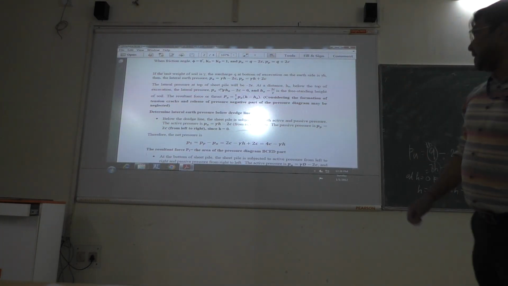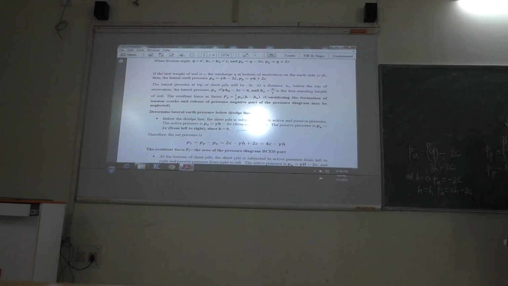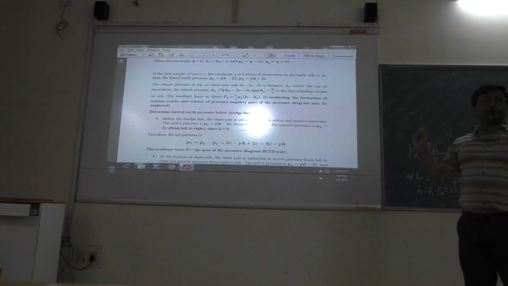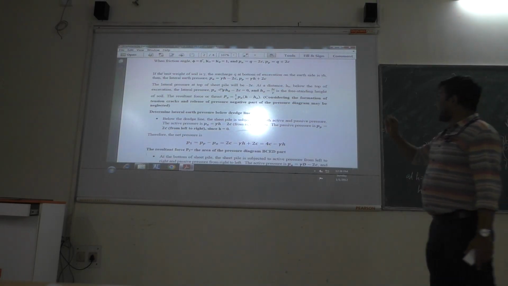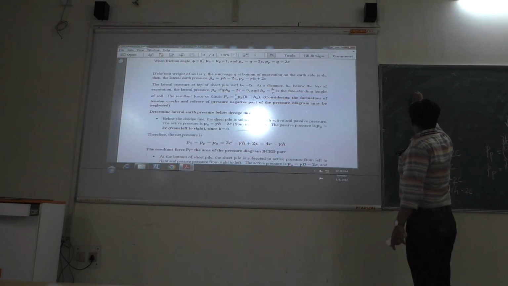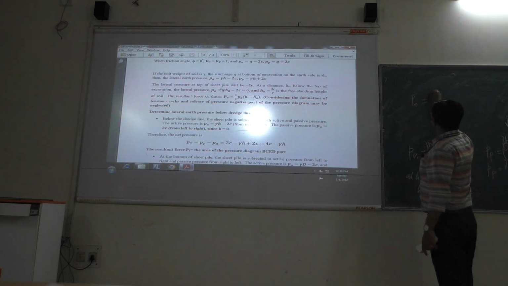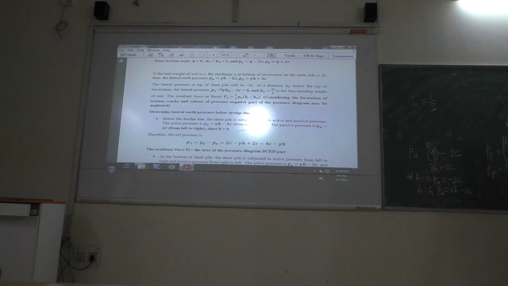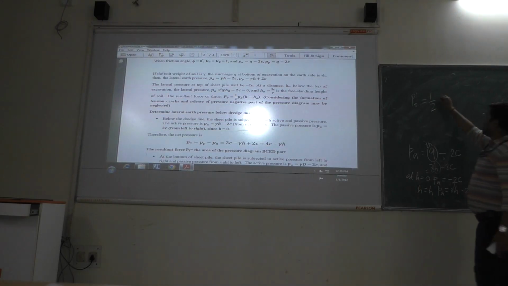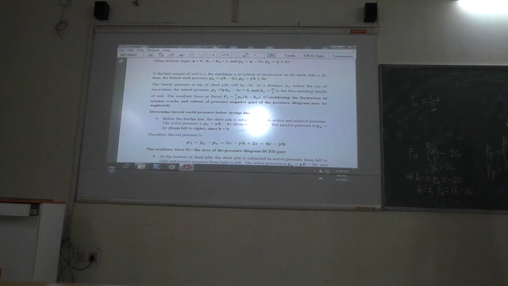And that's why this part, the H0 height of the sheet pile wall, is not coming into consideration, and that's why the P0, capital P0, that is the total force. Total force is nothing but half of this area, half multiplied by base multiplied by height. This is the area of the triangle. Base multiplied by height multiplied by half. So this base is